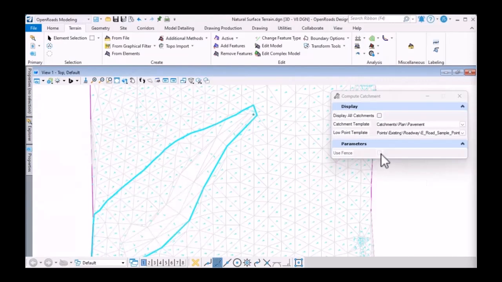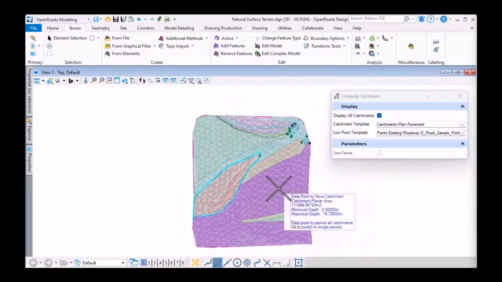We can use a fence if we set up a fence, if you just want to analyze a specific area on a large terrain, or we can do everything. So we think this will help a lot. We know that there's